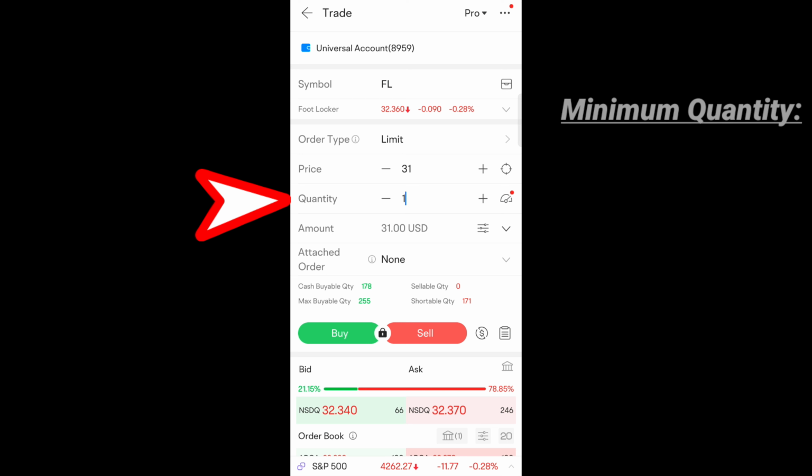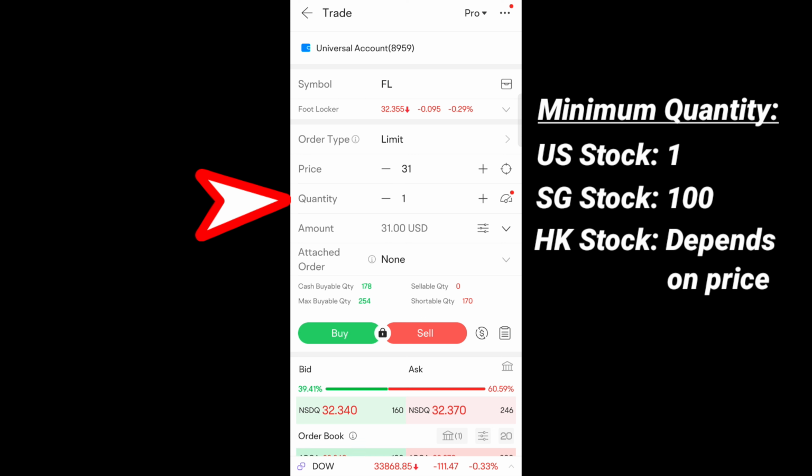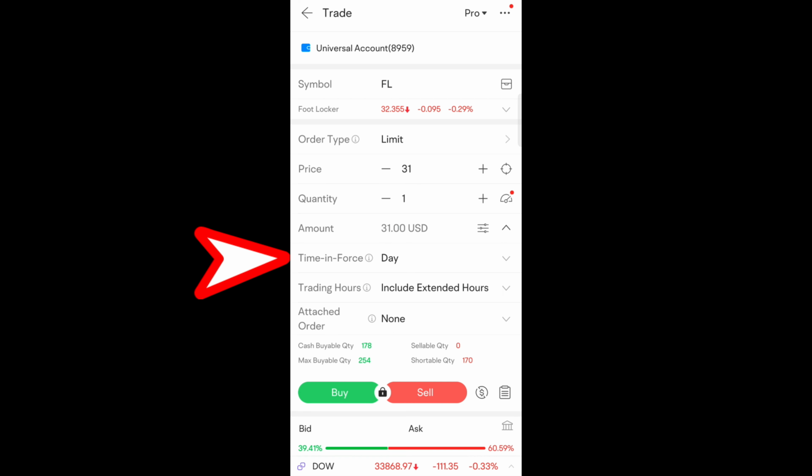For the quantity, the minimum is 1 for US stocks, 100 for Singapore stocks, and for Hong Kong stocks, it depends on the price. For time in force, day means your order will automatically be cancelled if it is not filled within the trading day. Good till cancel means your order will be valid for 90 calendar days until the order is fully filled or